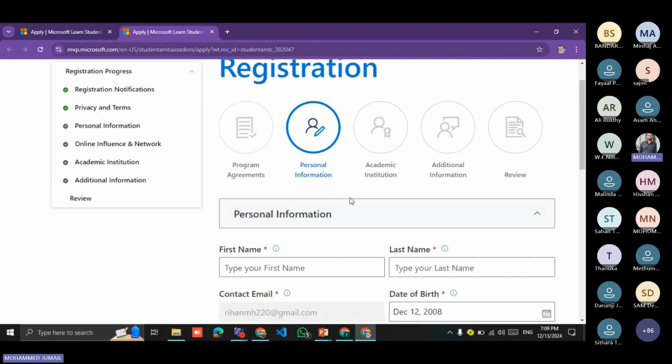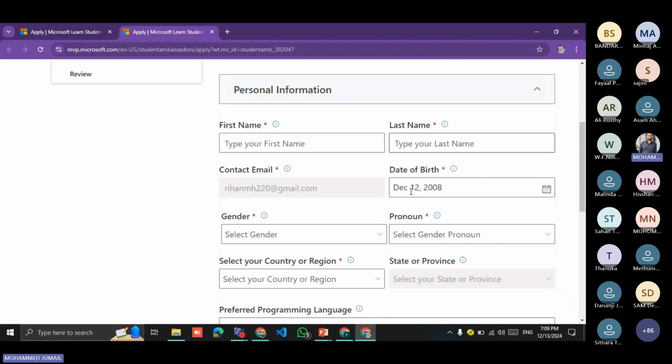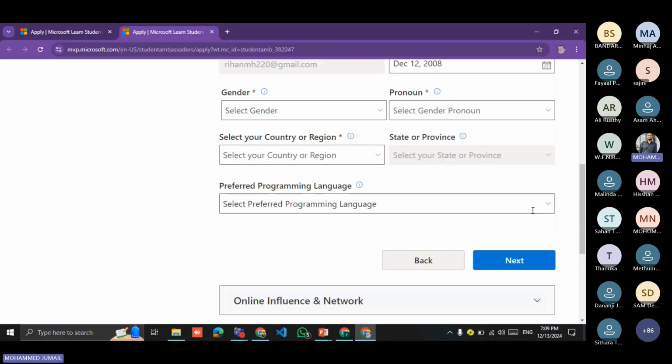This is the registration form, personal information, and your first name. Your personal information is provided.